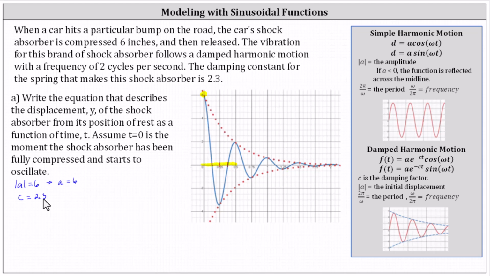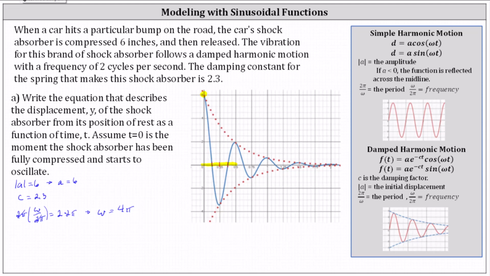Let's find omega using the frequency, given omega divided by 2 pi equals the frequency, which is given as 2 cycles per second. This indicates that omega divided by 2 pi equals 2. To solve for omega, we multiply both sides by 2 pi. Simplifying, we have omega equals 4 pi,